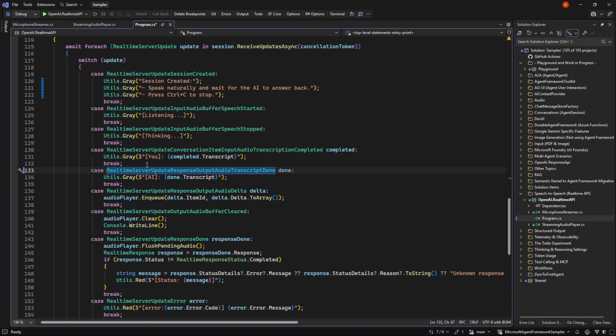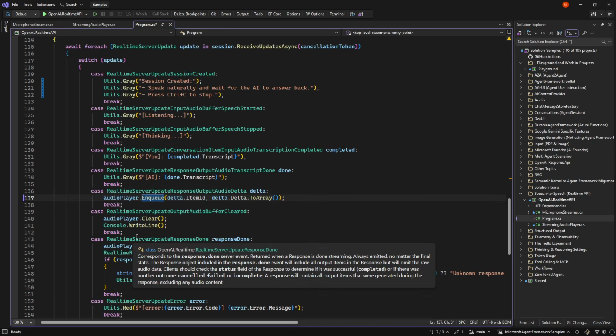I tend not to do that. But what we do need is to get a delta of all the audio that's being said. So every time a small piece of what is being said comes in, we enqueue that into the audio player, so it will know that it can begin to give data back.